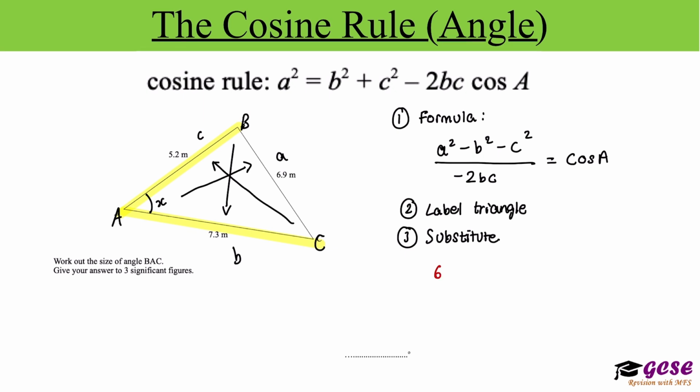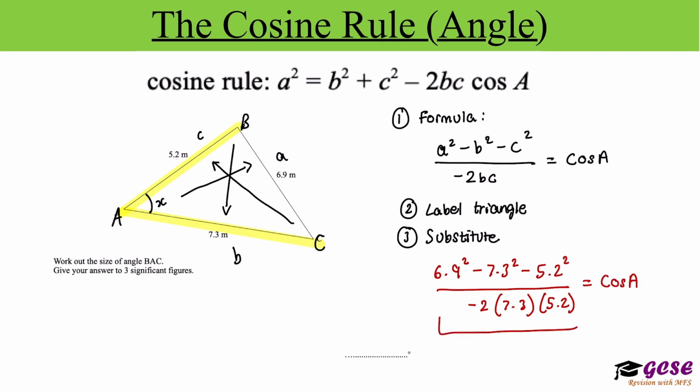We know a is 6.9, so we've got 6.9 squared minus b squared, which is 7.3, minus c squared, which is 5.2, and that's being divided by negative 2 times b, which is 7.3, times c, which is 5.2, and that's going to be equal to cos A. Okay, so we can just type this into our calculator to get a value for cos A. So we've got 6.9 squared, subtract 7.3 squared, subtract 5.2 squared, all over negative 2, 7.3, and 5.2. And that's going to give you an answer of